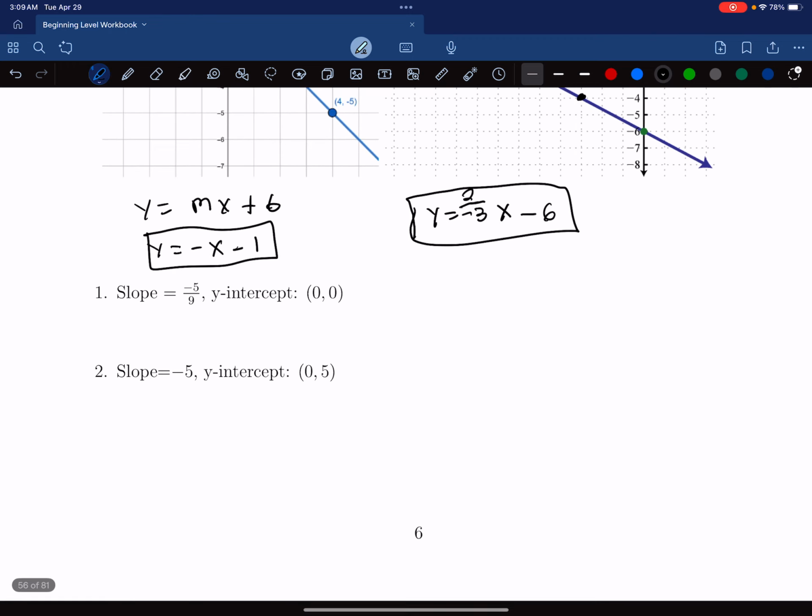And last but not least, I encourage you to pause the video and work through these two. And now let's work through it together. So we're going to have y equals -5/9 x. And then because our y-intercept is 0, 0, we're not going to have a b value. For this one, we're going to have y equals -5x plus